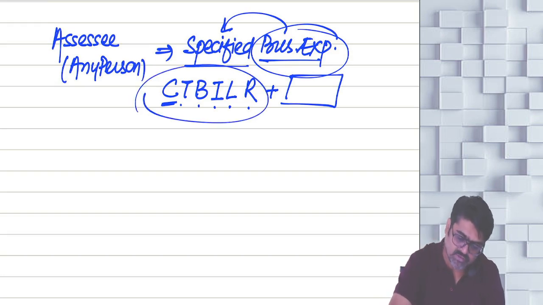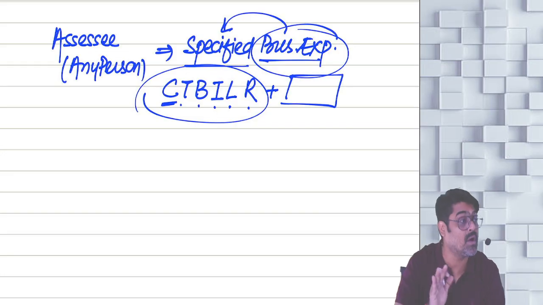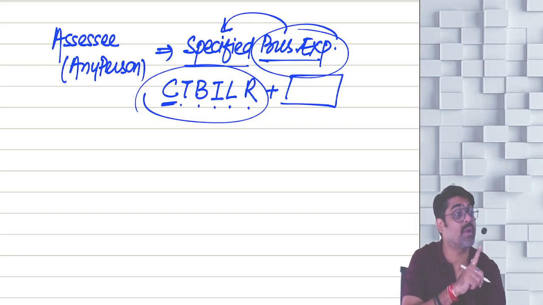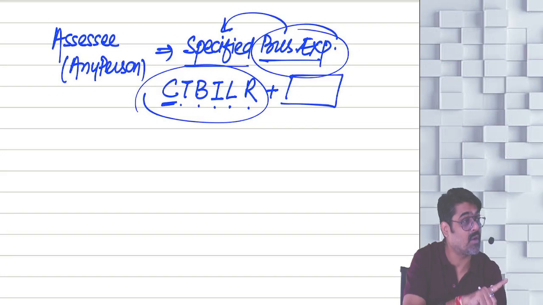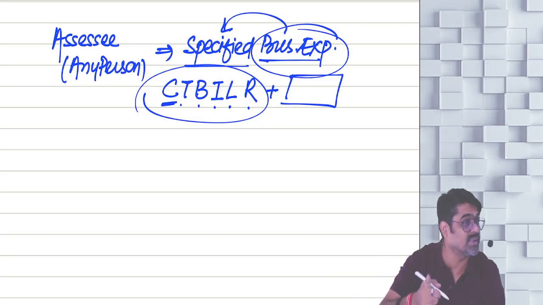If these expenses for this year are not paid up to the due date of filing ROI of this year, then these expenses will not be allowed as a deduction in this year on due basis. Understanding? Even if you are following the mercantile system of accounting, these expenses will be allowed only on payment basis, and you will have to make sure that these expenses are paid on or before the due date of filing ROI